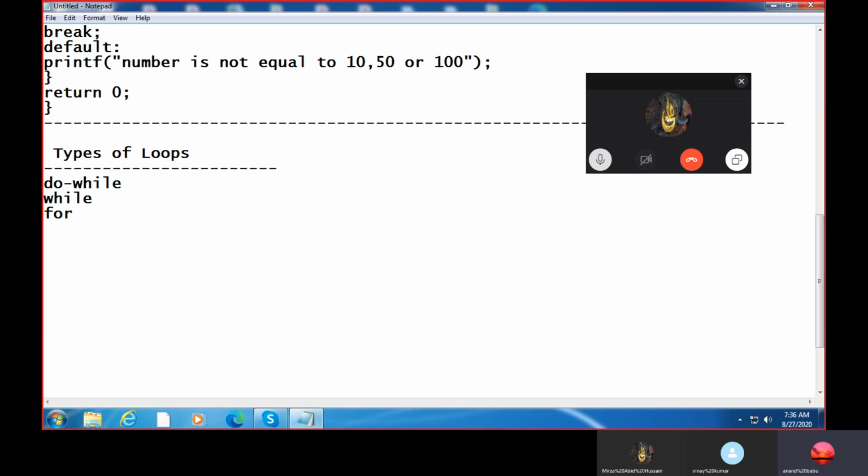So it provides code reusability and... Sir, the last program is not showing output. The previous switch one. Why is it not showing? Show me your errors.